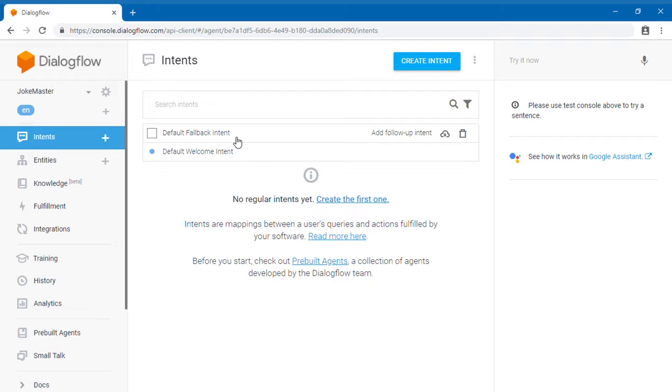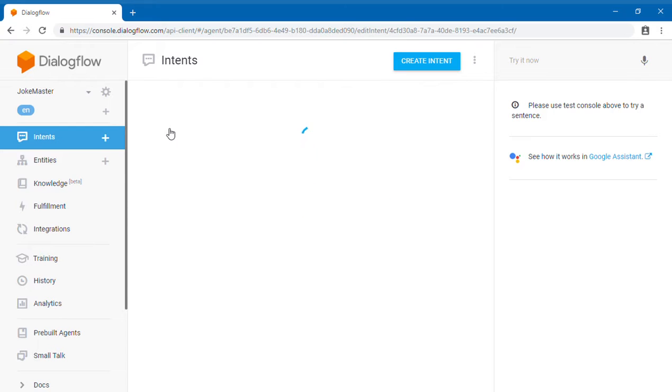agent cannot recognize. So we are building a joke master over here, and if someone is asking what the date is, then I am not enabling this to answer what the date is. So what should be done? It should say, sorry, I didn't recognize that, can you ask again, or can you change the context back to what it's meant to be. So there are no regular intents over here yet, so these are default intents, and we can alter them.